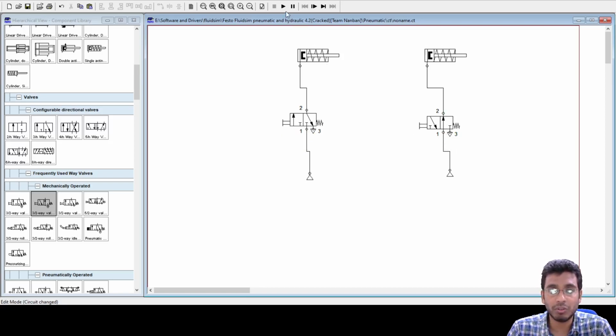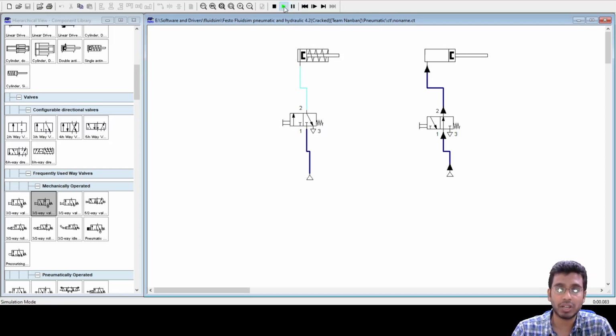Okay, now see, once you start, that means once you give your power supply, once you open the pressurized line from the compressor outlet, now you see these are the initial positions of the valve. Your cylinder, why? If this was normally closed, that means your pressure port is closed here. So your cylinder would remain in its retracted position, and when I actuate, my cylinder would extend. The moment I leave, it retracts.